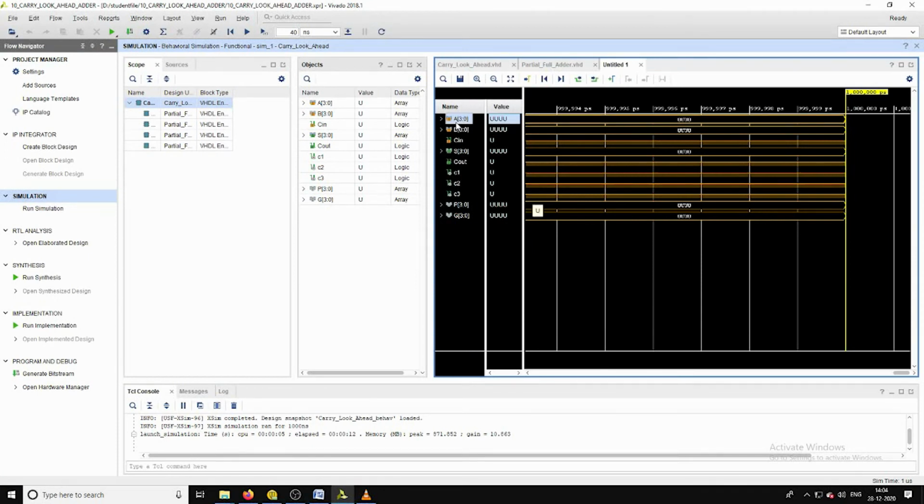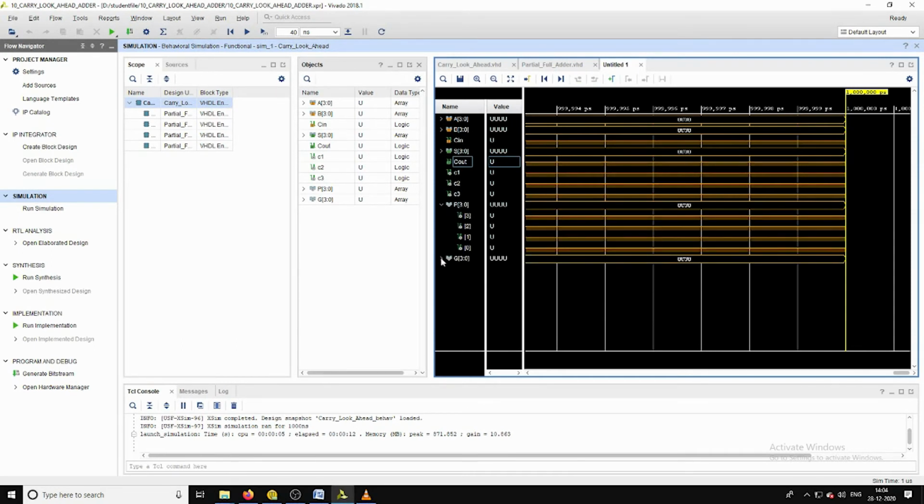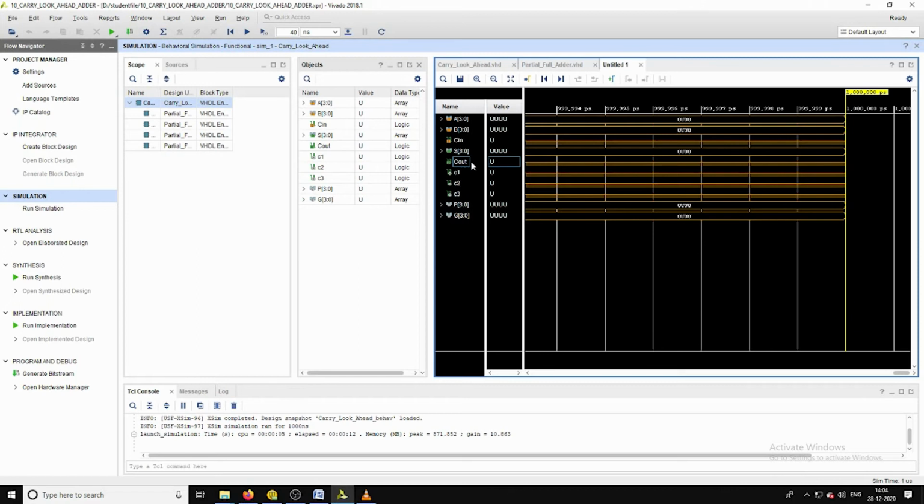Here let us consider the inputs: the primary inputs are A and B, and Cin is the carry input, that is the additional and optional input. If we want to assign its values, we are free to assign, and based on these 3 we are going to generate the corresponding sum as well as its carry out pin. And C1, C2, C3 and the propagate signals and generate signals are intermediate signals. In order to compute the final carry out, these intermediate signals are needed.